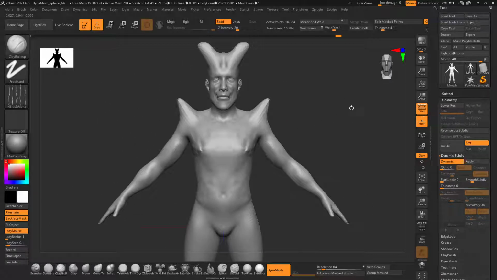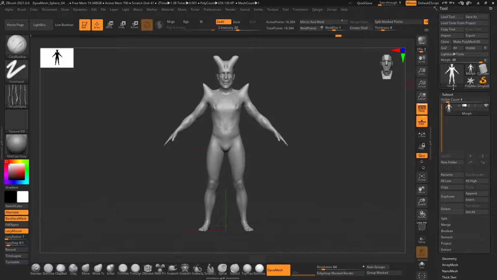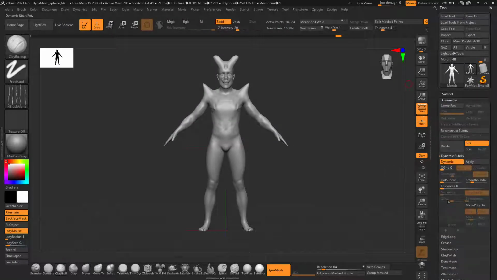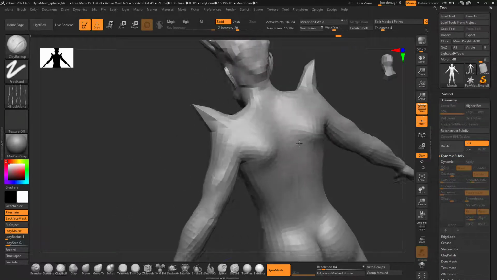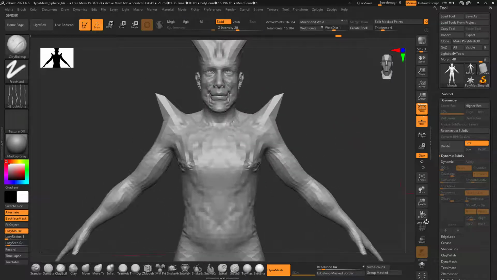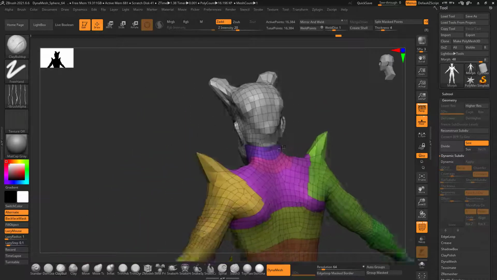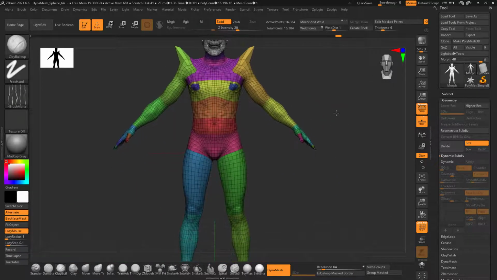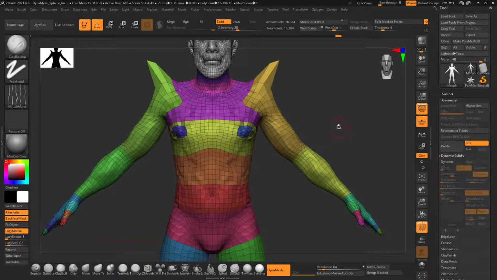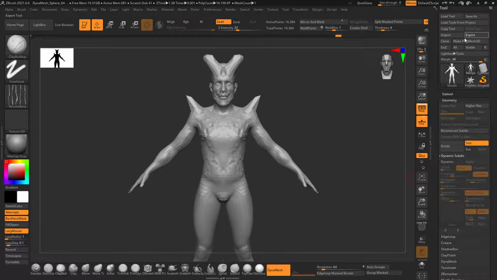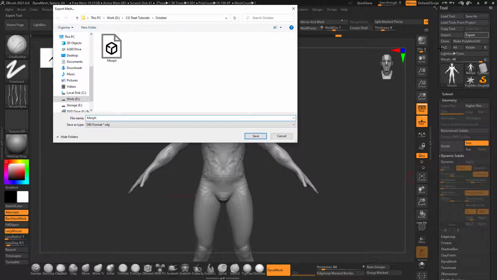So what I'm going to do, simply click onto the morph. We'll export it. Before exporting, make sure that you turn off the dynamic subdivision. And as I turned off the dynamic subdivision, you can see this is the actual base mesh being deformed based on my sculpting, based on the deformation I have made to the high poly version. So no need to worry about that. I will export it and name it Morph ZBrush.